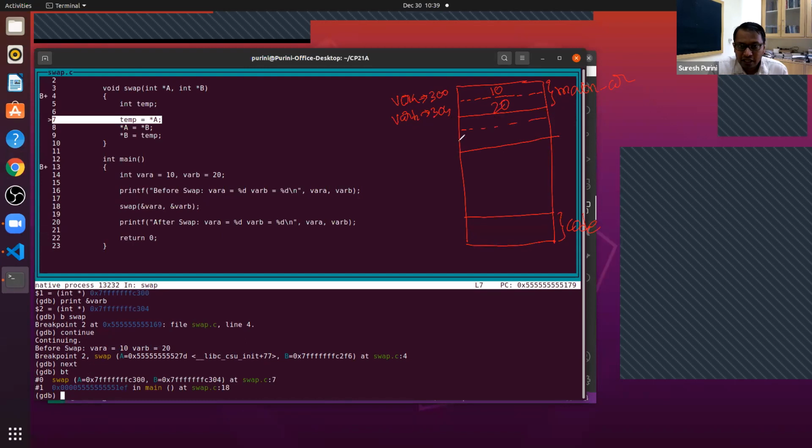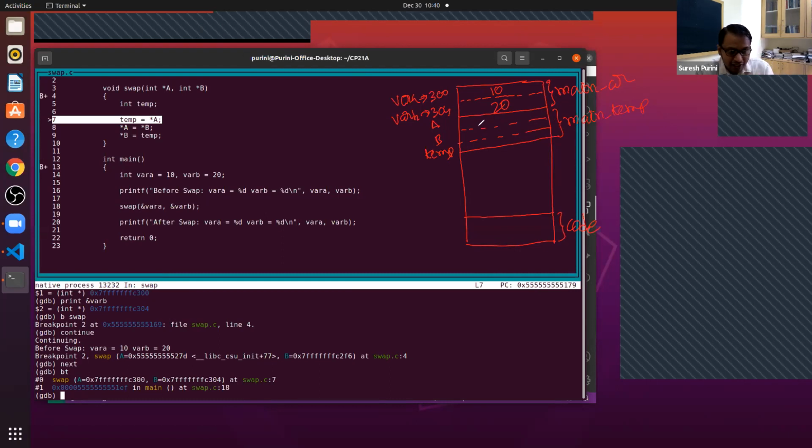Swap has three variables: one is A, the other is B, and the third one is temp. This is the activation record. Now, what does A contain?